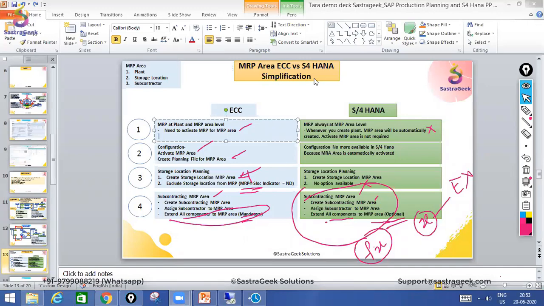Yeah, see, in ECC also we do have MD05, but that report is not that simplified that any user can look, because there are thousands of materials and so many exception messages happening inside. But yes, we do have that report. We can easily find out what different materials have been planned. If you want to look into the output, you do have an MD04 report available, that is the material stock requirement list, where you can easily see, okay, this is my requirement, this is my purchase requisition, this is the planning requirement.